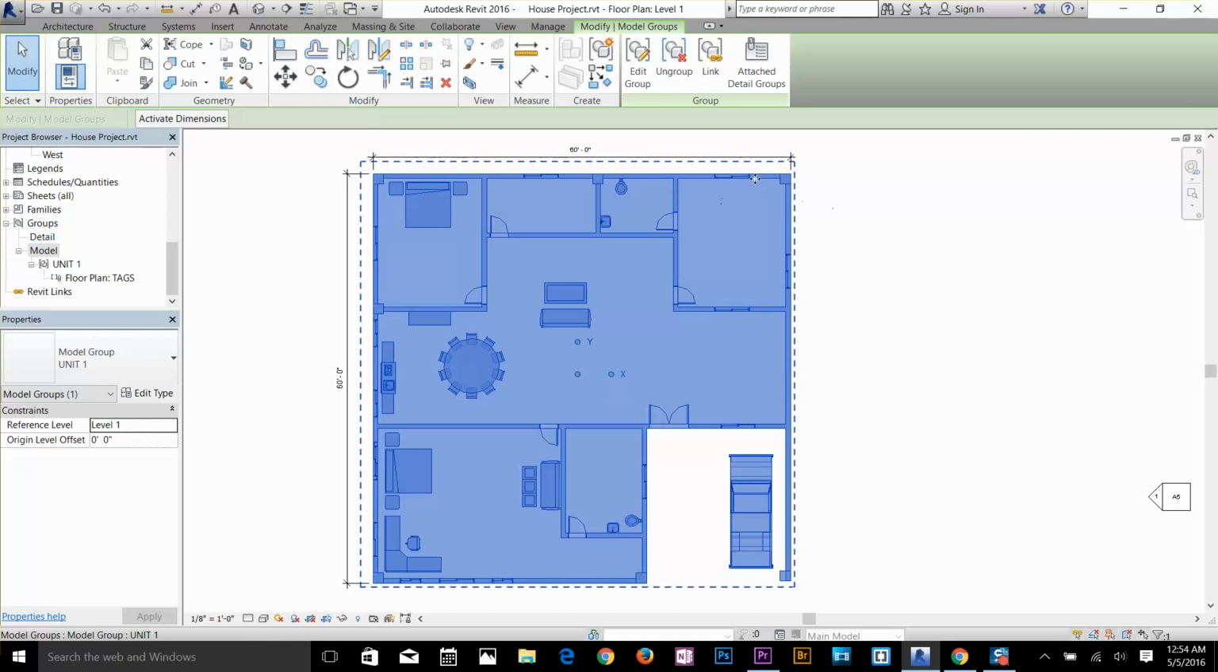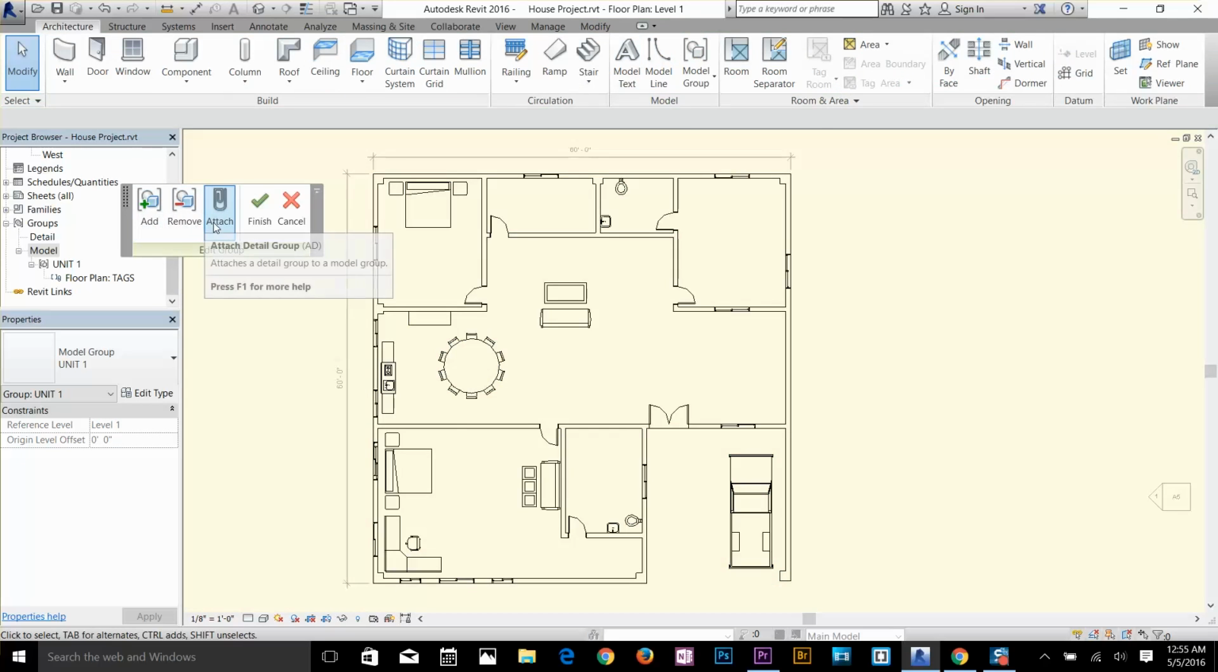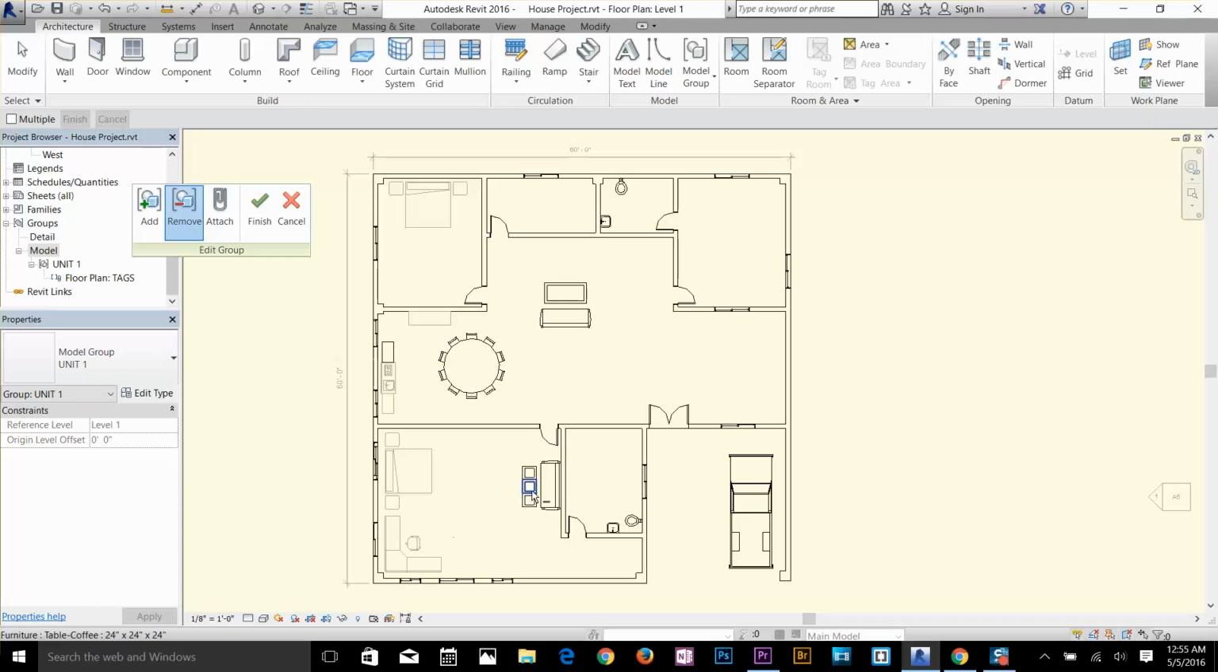Alright, now I'm going to select that group and show you a few options on the Modify panel. I've got the Edit Group option, and I've got Ungroup, Link and Attach Group. So I'm going to click on Edit Group. In this panel I have three options mainly. I can add any object to my group, I can remove any object from my group, and I can attach a detail group with it. So I'm going to click on Remove, and let's say I select this bed and the interior. Whatever I'm selecting right now is going to get subtracted from this group. So I'm going to subtract all my interior,